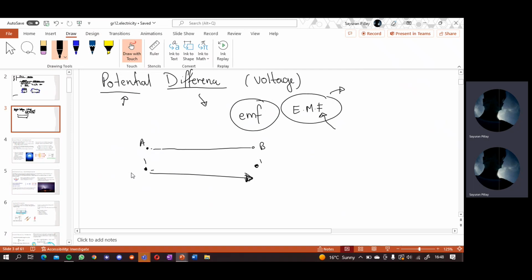Okay, not E-M-F, that's electromotive force, and that doesn't exist anymore. It's not a thing. But it's easy to understand it as what it was first thought of, as electromotive force. It's the pushing force that drives charge through a conductor. Okay, it propels the charge along, but it's not a force. Remember that the M doesn't stand for anything anymore. It's just EMF. And there was a nice picture, I think I'll show it to you,